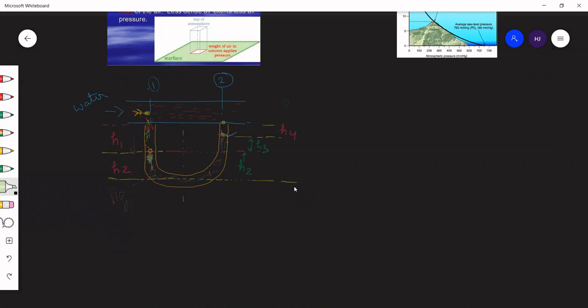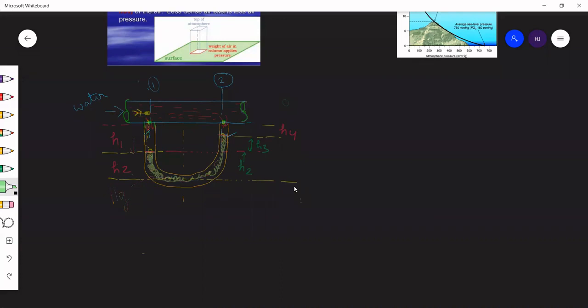This is full of mercury. I'll hatch this, it is complete mercury. Other than mercury, it is water. Water which comes here, enters here. As it flows, some will enter here and push it. Some will also enter here and push the mercury level. But after some time, it will attain equilibrium, and this level will not fluctuate. That time we take the readings H1, H2, H3, H4.